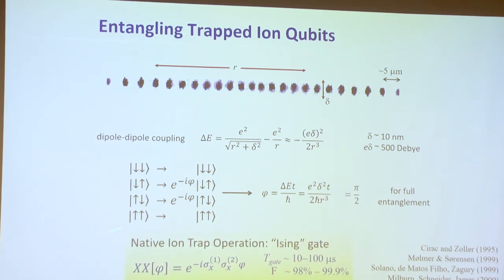Now, in fact, our native operation, it's not exactly this gate. It's similar. It's called an Ising gate. And the interaction between the two qubits, it's a little technical here. This basically is the same gate as this in the X basis. And it's just like having an Ising interaction between the two spins. And that's the gate we have. So we apply lasers for a certain amount of time on any pair of bits, and we can realize a gate. And this gate is, again, depending on the system, the fidelities are in the 99%.